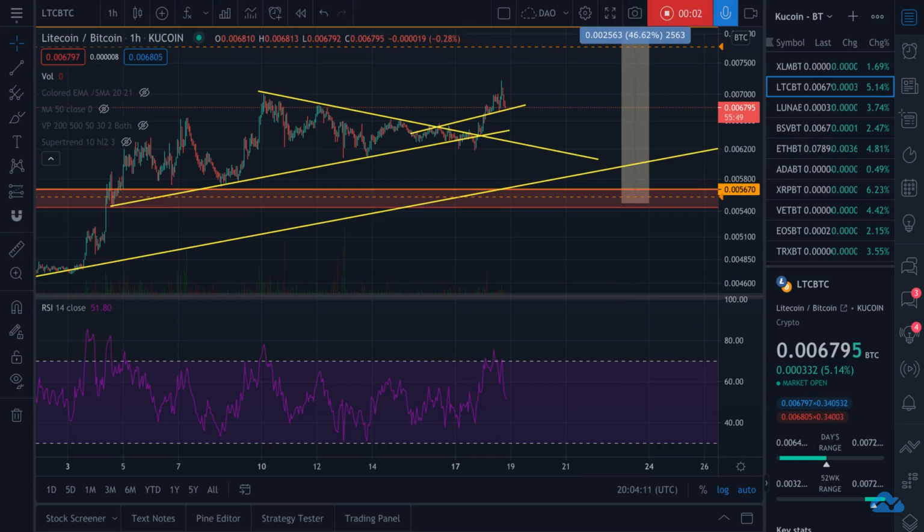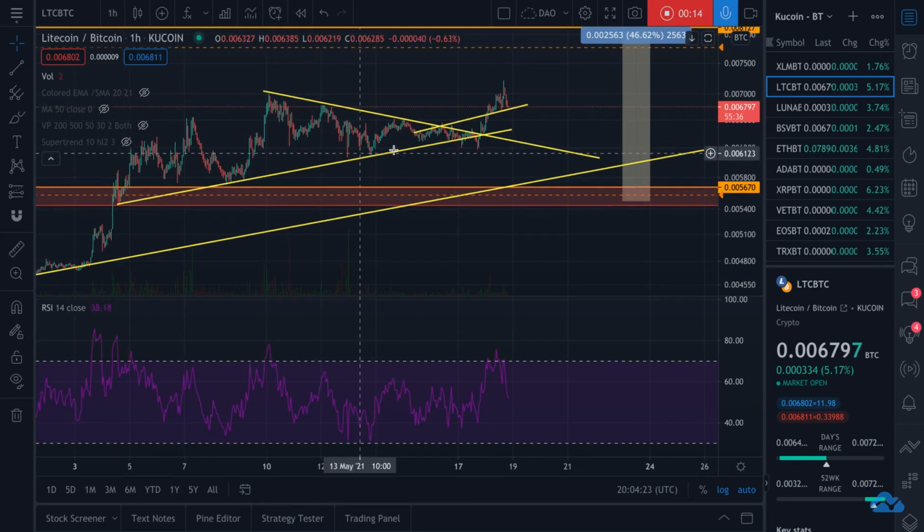Hey guys, I want to take an updated look at Litecoin. We're going to take a look against Bitcoin as well as against USDT to try to get a full picture of what exactly to expect from it. And we saw a major breakout of this little consolidation period to get Litecoin from